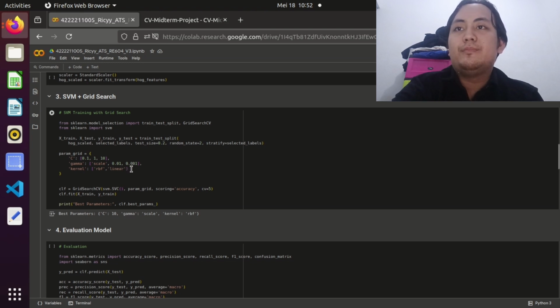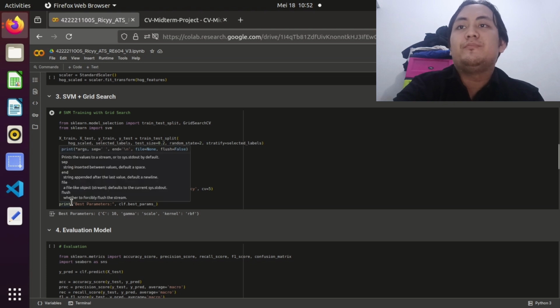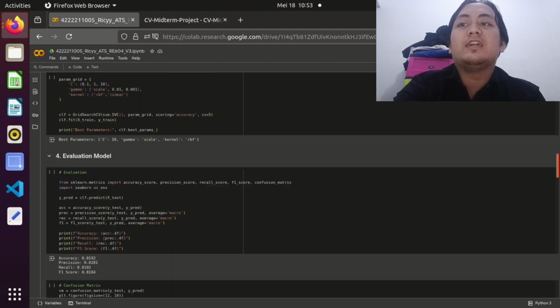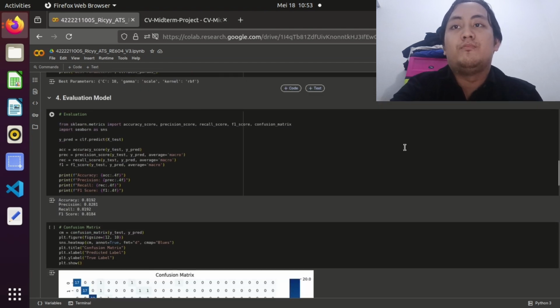The parameters for the grid are C, the regularization parameter that controls margin size, from 0.1 to 10, and gamma, which defines how far the influence of a single training example reaches. Next is the kernel, the radial basis function kernel, which is effective for nonlinear problems.